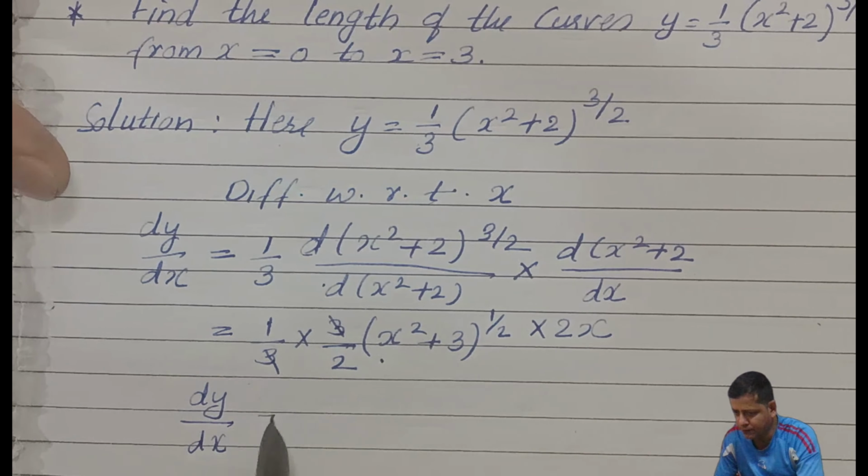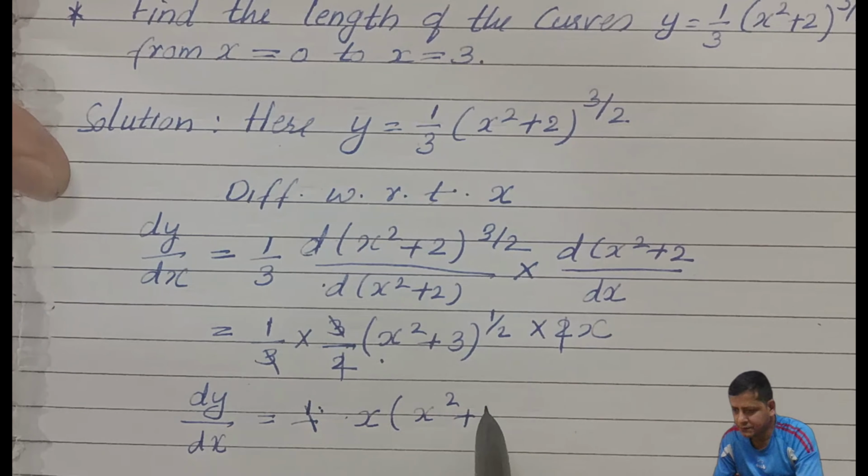Dx here is the same thing. Now dy by dx is equal to, how much do we get? We got this gone, and this is a half. So it is here half. So this 2 also gets cancelled with this. So this is gone now. There is no half here. So what we got is x into x to the power of 2 plus 2.